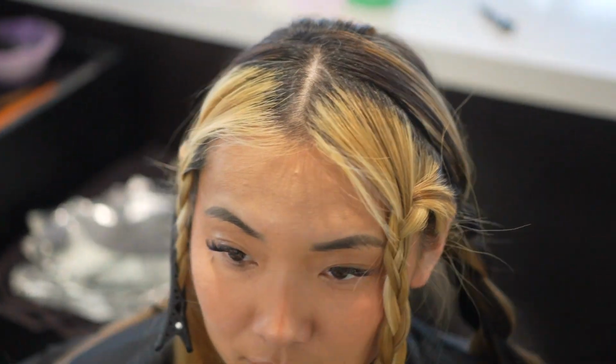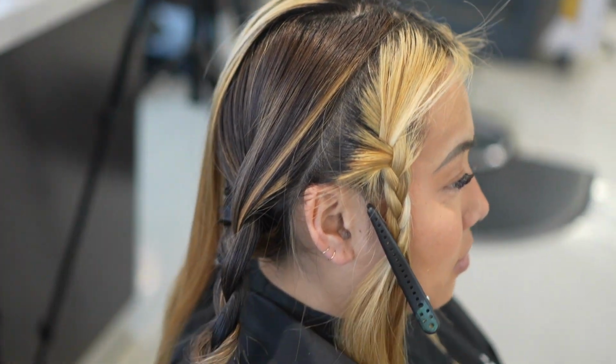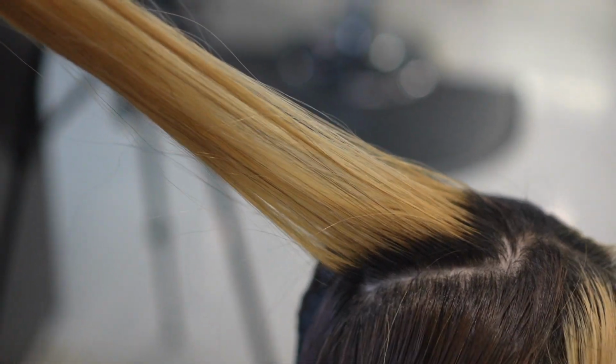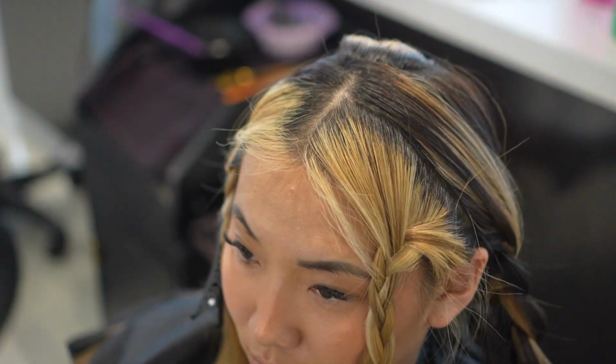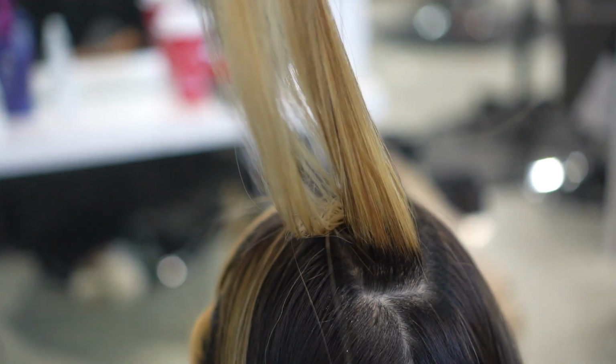So I have pretty much pre-sectioned the front part, and then you can see I also sectioned the blonde chunk, which is this rectangle on the top that she wants to keep blonde, away. So what we're going to be focusing on today is pretty much hitting the blonde parts to the root and evening out the blonde chunk. So the front is going to be blonde, and then this back rectangle is going to be blonde. And